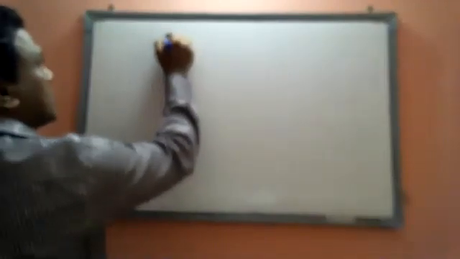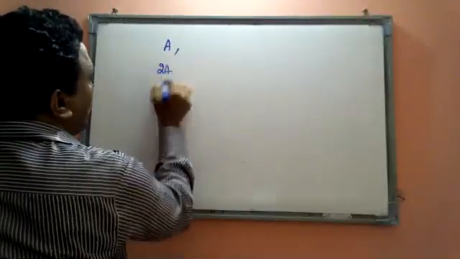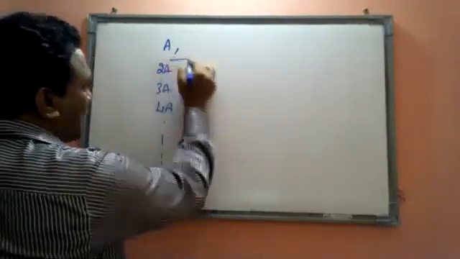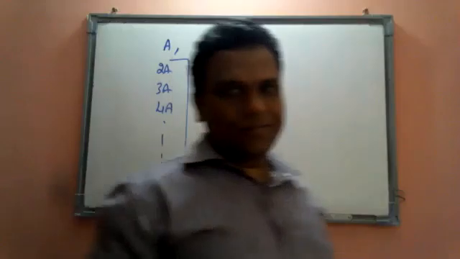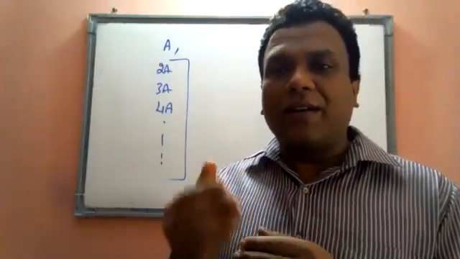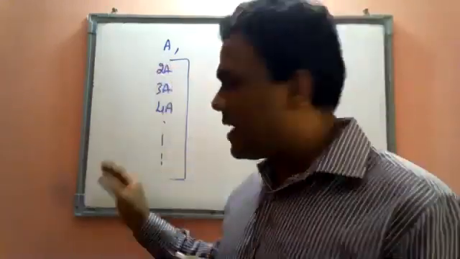Hoping that you are ready. Okay. I will continue with the next thing. So, if I have an angle A, and if I'm writing 2A, 3A, 4A, and so on. So, what can I call these as? I have an angle A. Next I will find out 2A, 3A, 4A, 5A. What can I call these angles as?